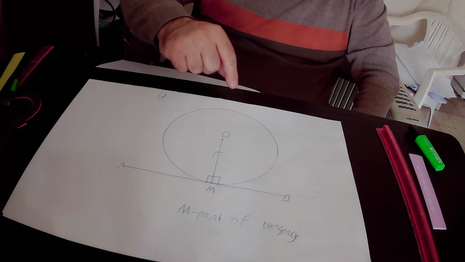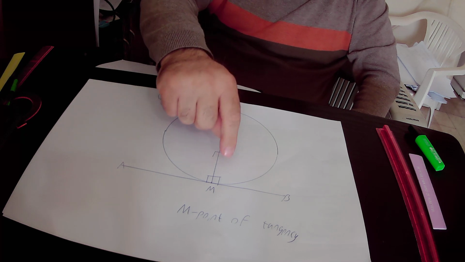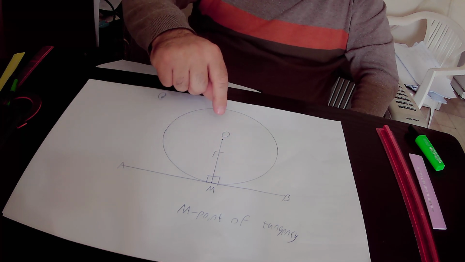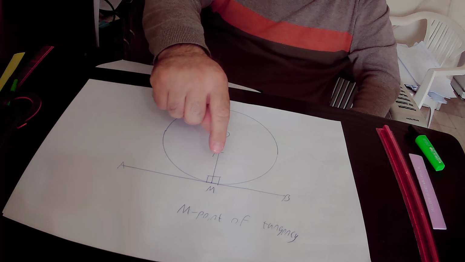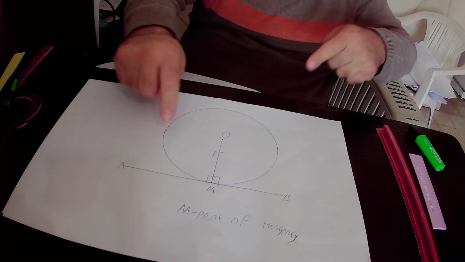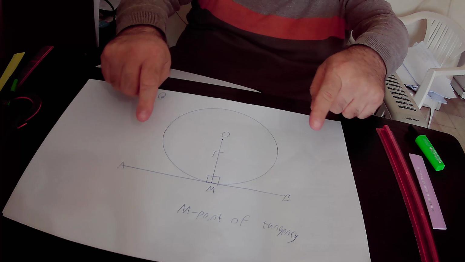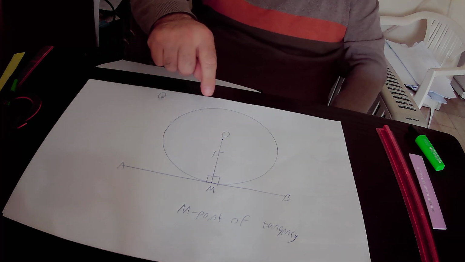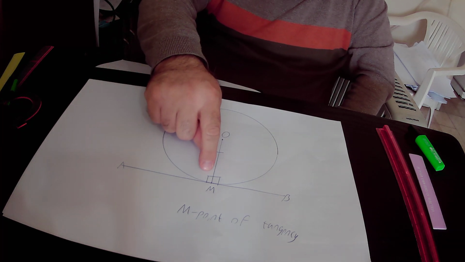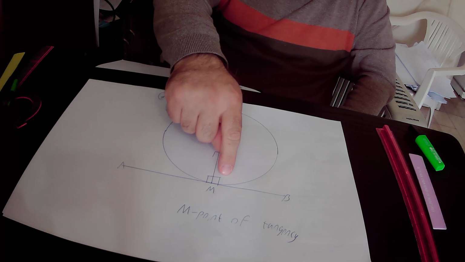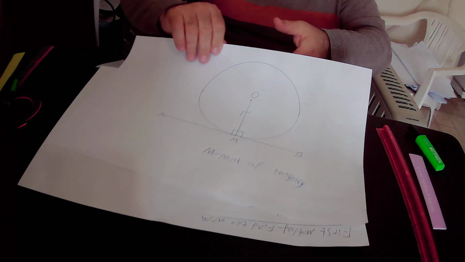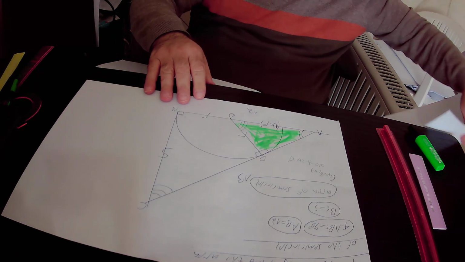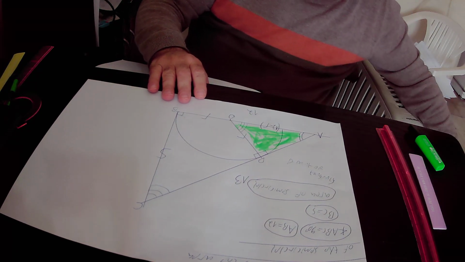So whenever you have a radius that is drawn to the point of tangency, like in this drawing, the radius OM, it is drawn to the point of tangency, that is to say, it is drawn to point M, that is the point of tangency of tangent AB with this circle, then the tangent AB will be perpendicular to this radius. That is to say, this angle will be equal to 90 degrees, and this angle will be also equal to 90 degrees. So we can implement rule number 1 in our drawing, because in our drawing we have